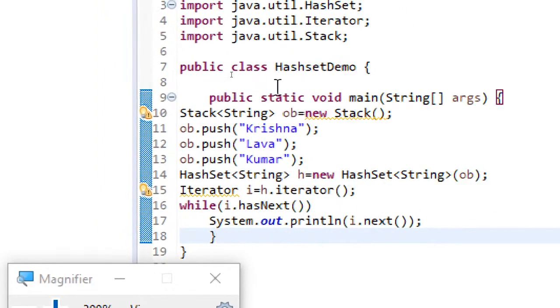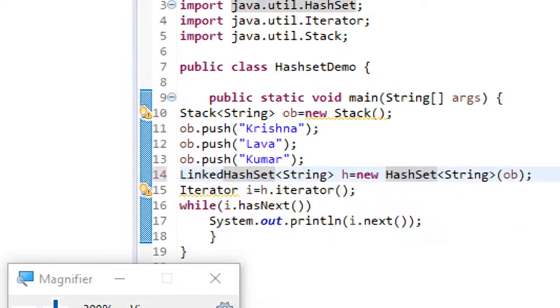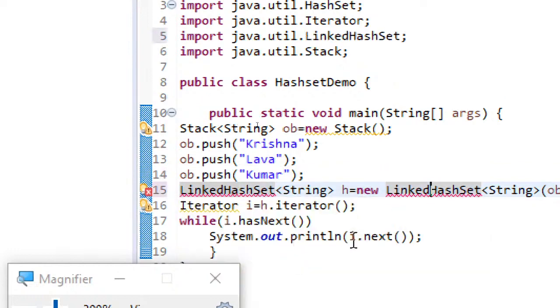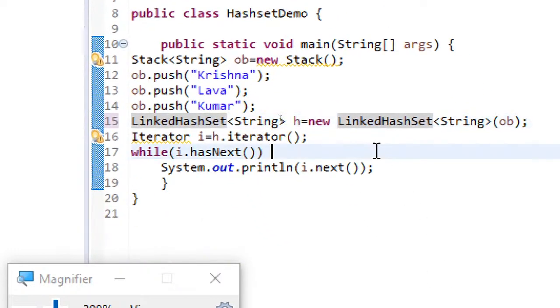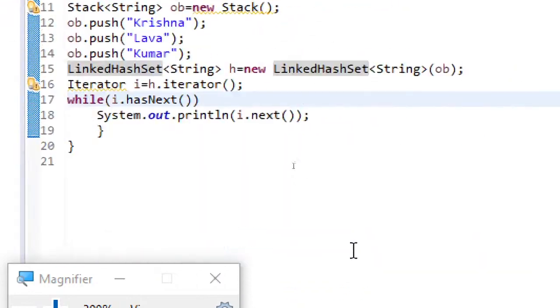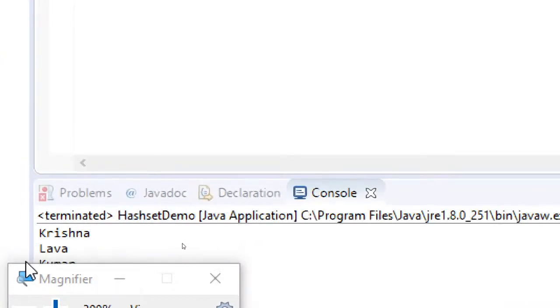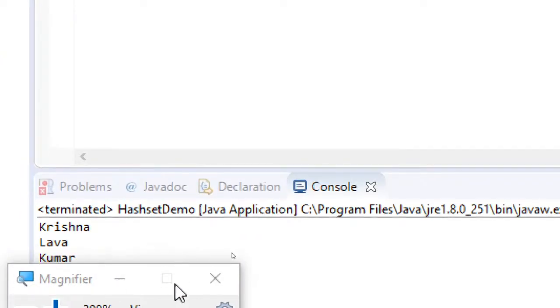And even you can go for linked hash set. If I use linked hash set, then I have to import the linked one. Here you can see the order is preserved.